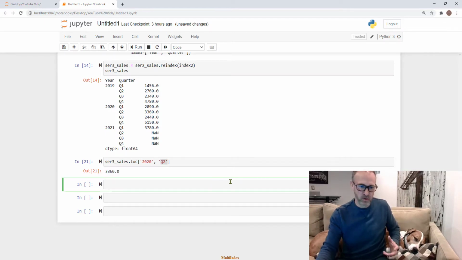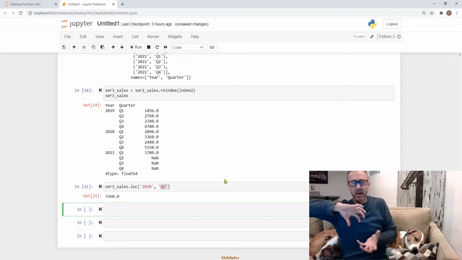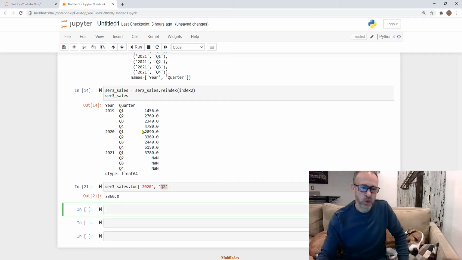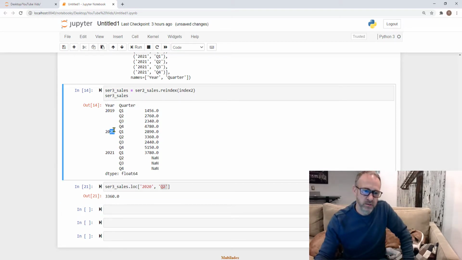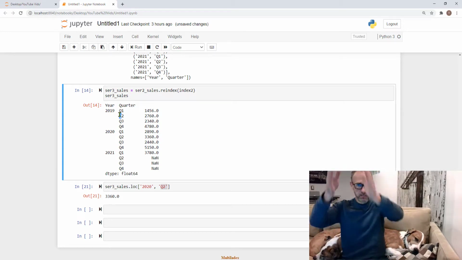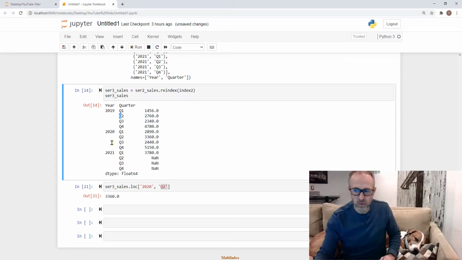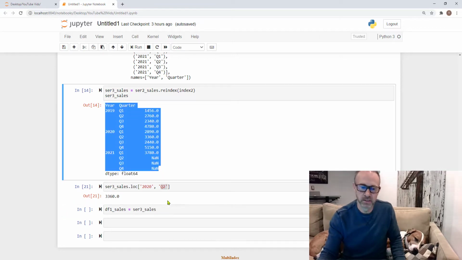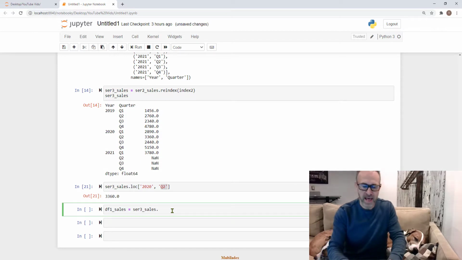So now we're going to do something really cool. We're going to take this series, we're going to unstack it, and we're going to create a two-dimensional data frame. And so we want to unstack this so the years are the rows and the quarters are actually the columns in our data frame. So there's a really cool function called unstack. We're going to use it as a method here. So let's type in DataFrame1 and we'll call it df1_sales. And we're going to make that equal to ser3_sales, which is our series here that is a multi-index. And we'll add the method of unstack,